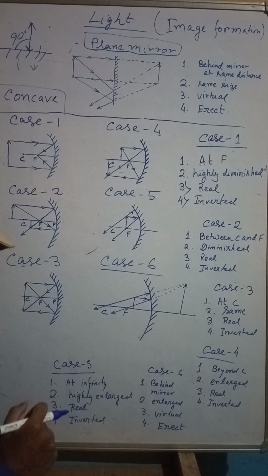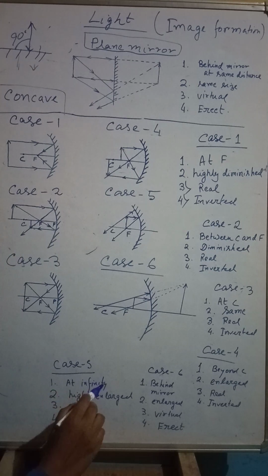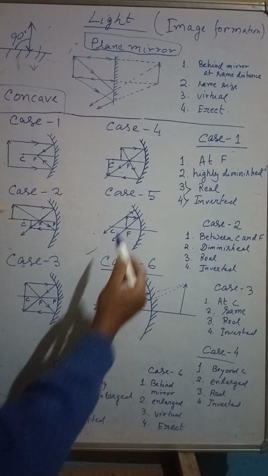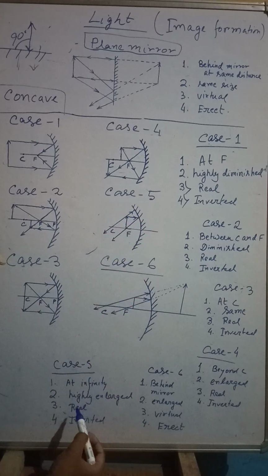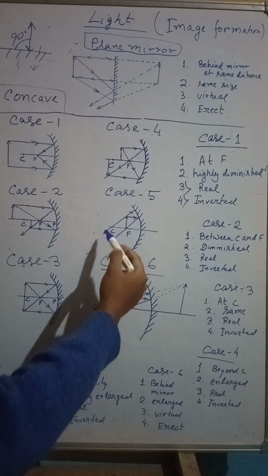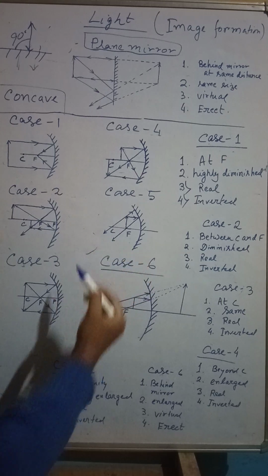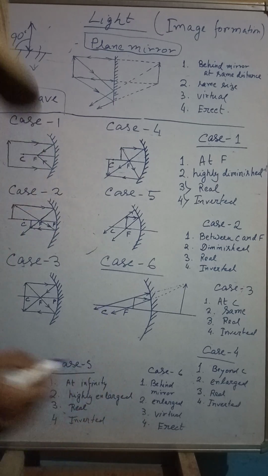The image will form at infinity, and it is a highly enlarged image. This is a real image formed at infinity, and it is an inverted image. This is the characteristic of case 5. And case 6,